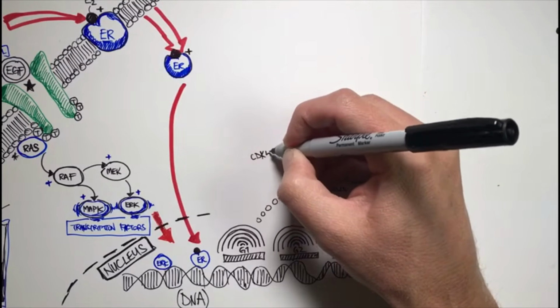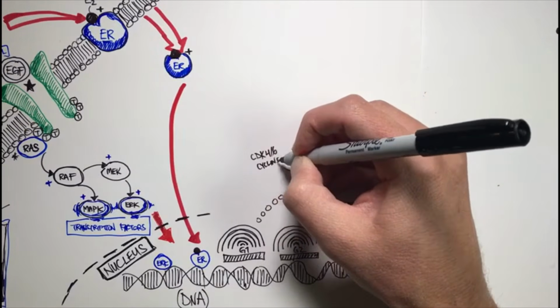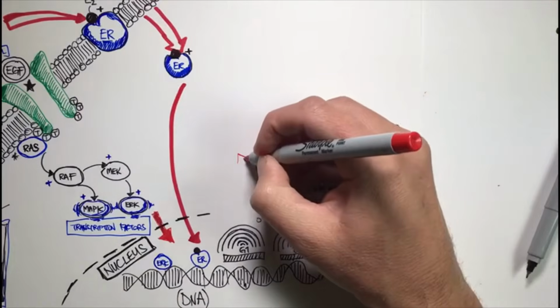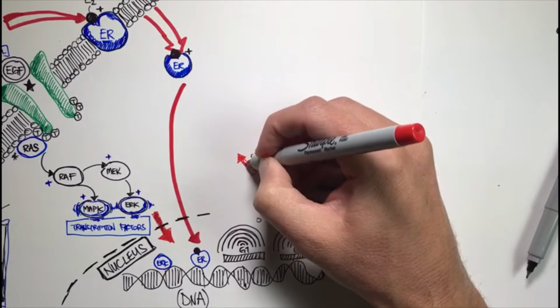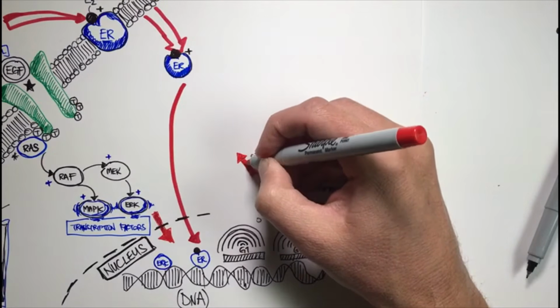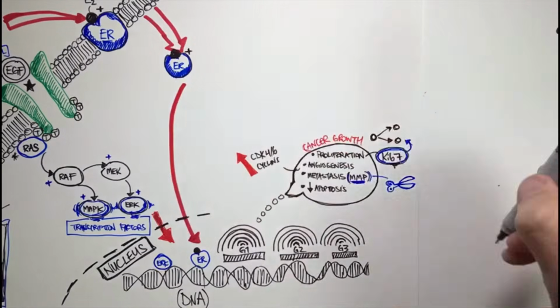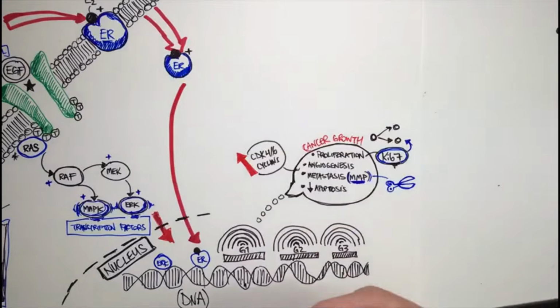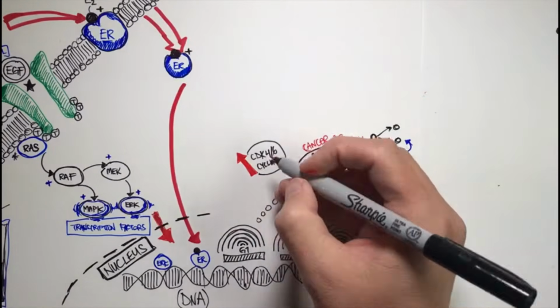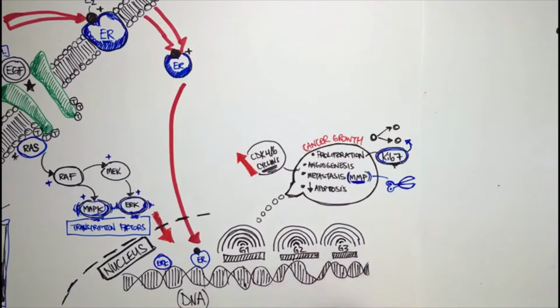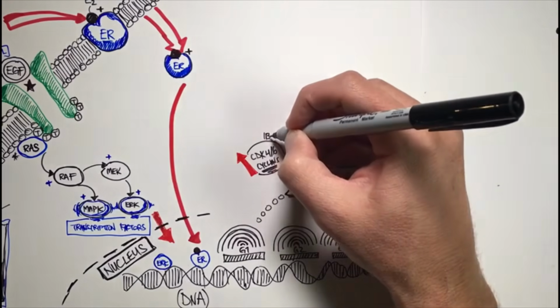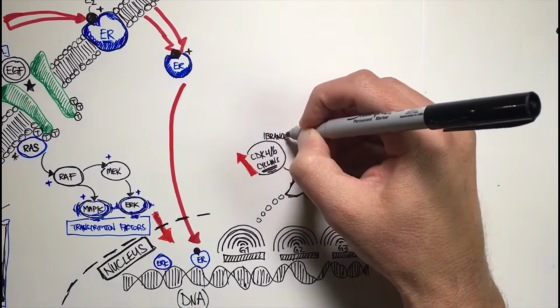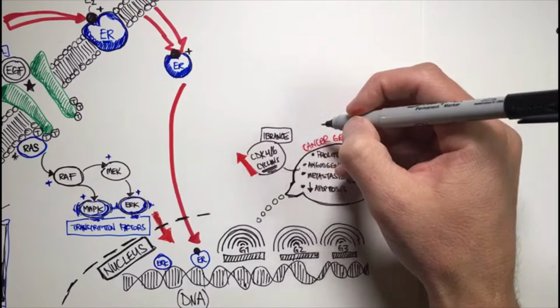Ultimately, what's happening is we're driving a cell through its cell cycle. So a cell can be very sleepy and dormant, not growing at all, but when it wants to divide, it enters the cell cycle, and CDK4 and cyclins, you see them here in the circle, are very important and active to drive a cell through its cell cycle. So when these genes are activated and overstimulated, we have cyclins increase, CDK4 increase,